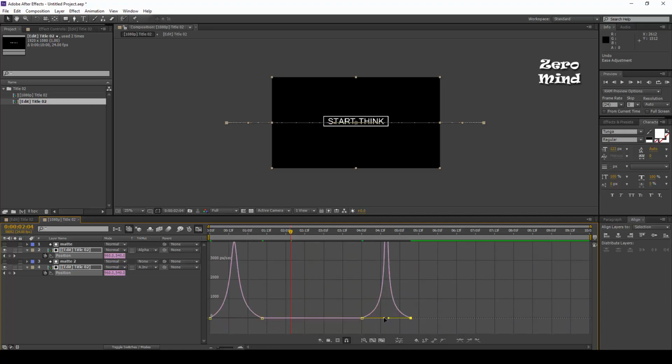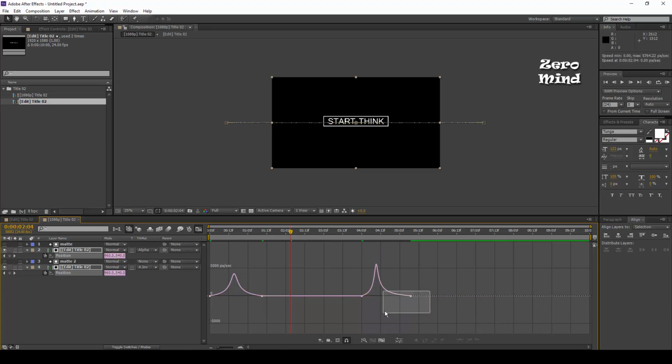I think I put this too large, so select here, somewhere here and somewhere, select both keys and press it here, press here, select both keys, something like this.